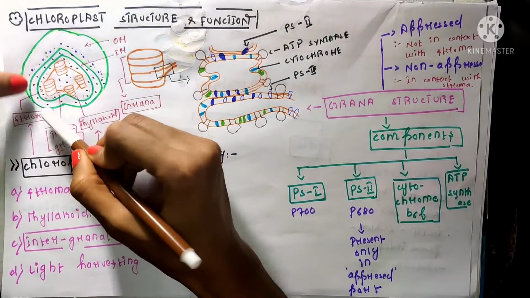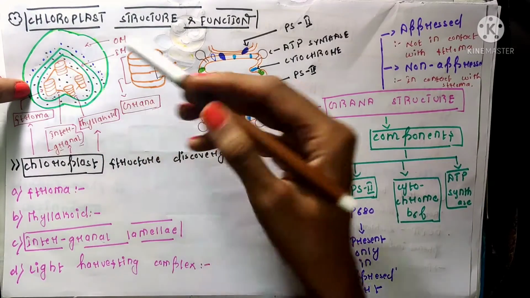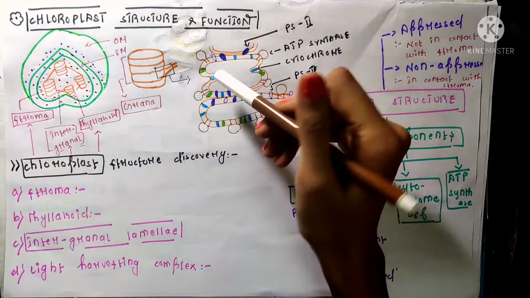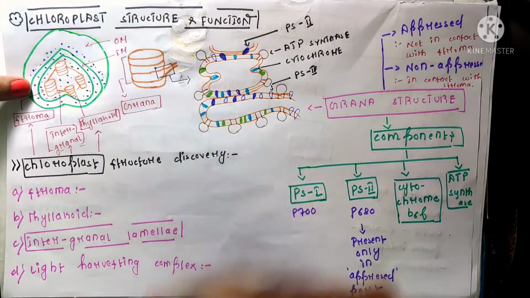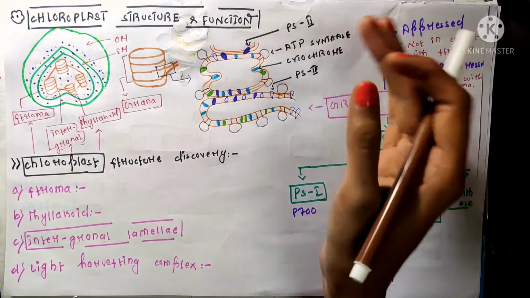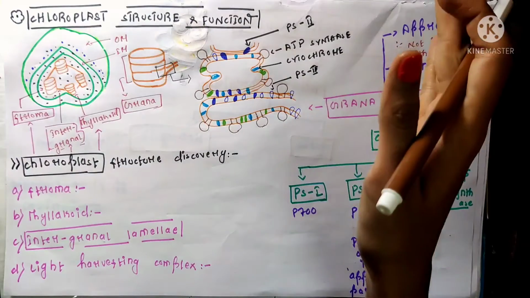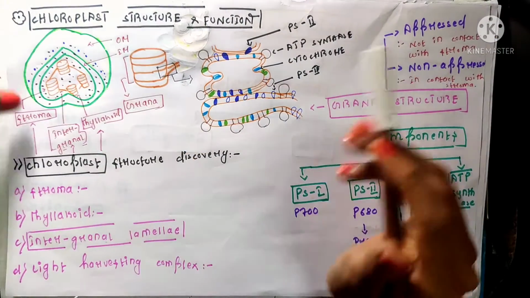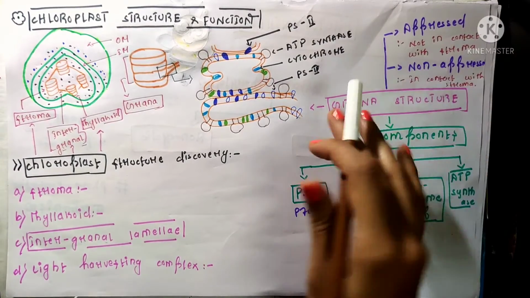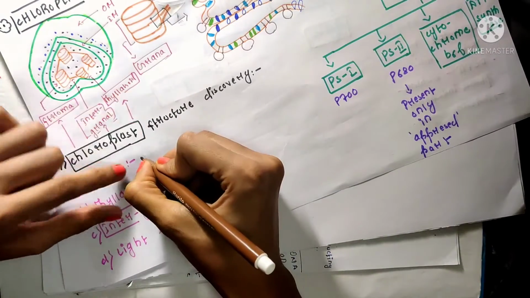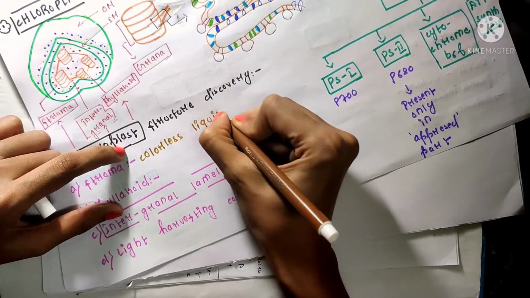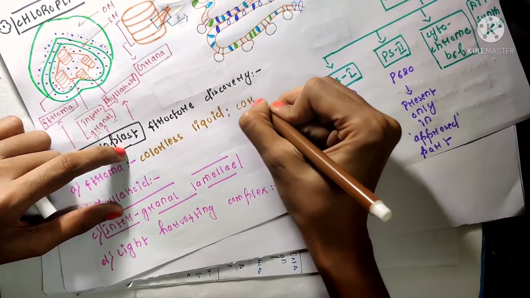So stroma is responsible for carrying out the dark reaction, that is the process in which plants make their own food, in this case sucrose. Okay, why is it called the dark reaction? Because it can happen independently of light. It does not require light, and stroma contains the most abundant enzyme on this earth, called rubisco. Okay, let me just write it here. Colorless liquid, carries dark reaction,